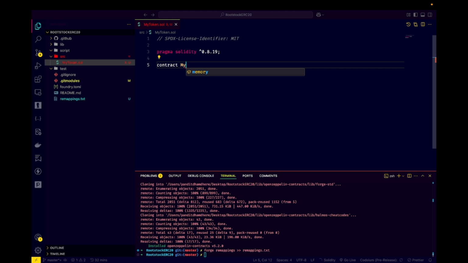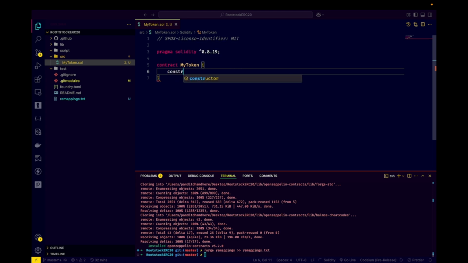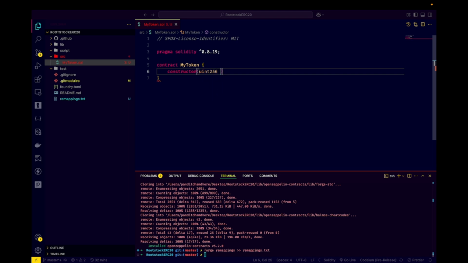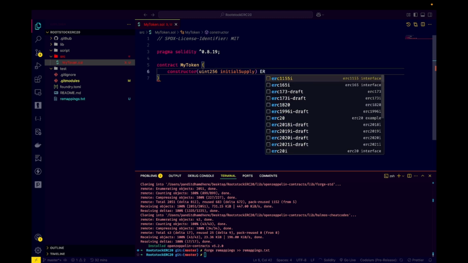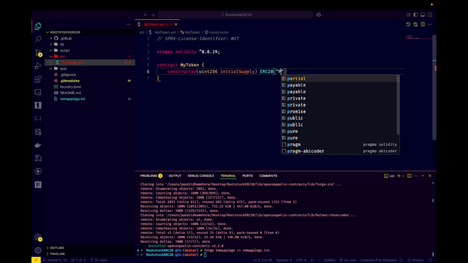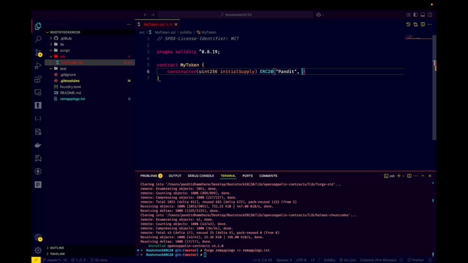and let's name our smart contract MyToken, and let's create a constructor, and inside that constructor we are taking as an argument, as an initial parameter, initial supply, and here ERC20, inside that let's name it, I'm going to give it my name, and the symbol is, let's say, PDT,